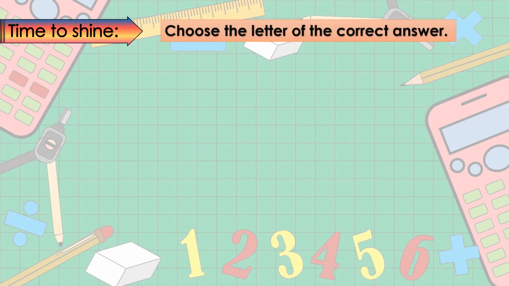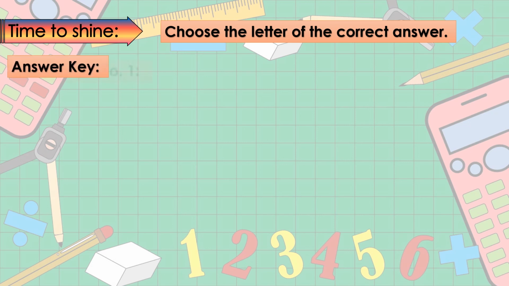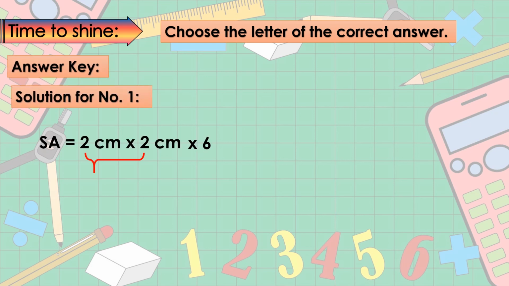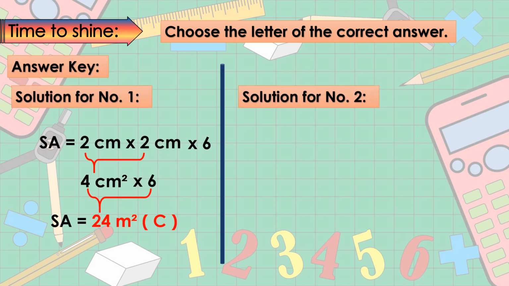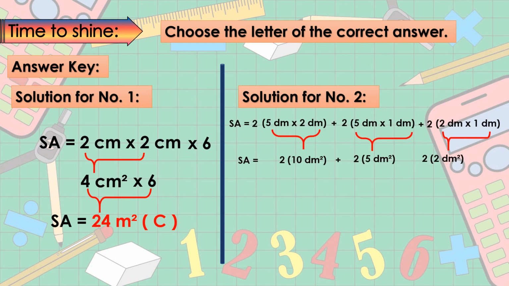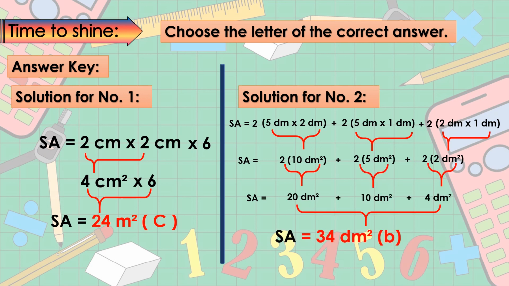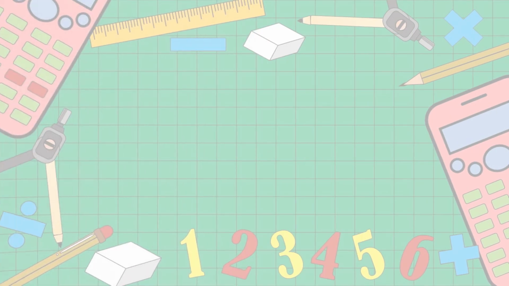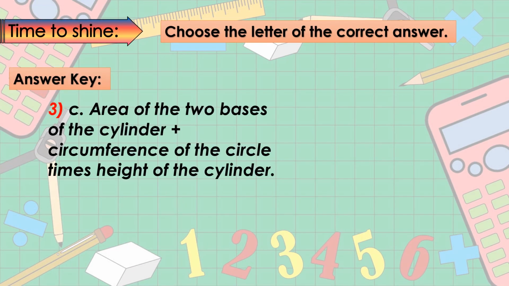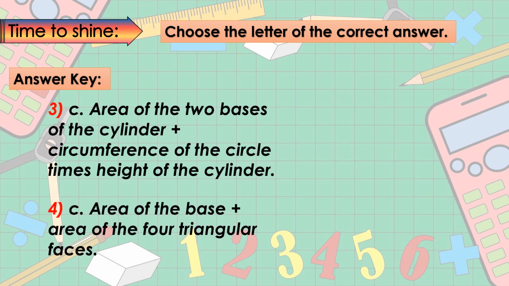These are the answer key to our activity Time to Shine. For the solution for number 1, our answer is letter C. For number 2, our answer is 34, letter B. For number 3, we have letter C. For number 4, we also have C. And for number 5, we also have letter